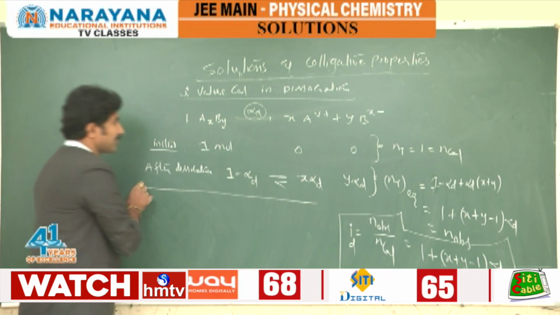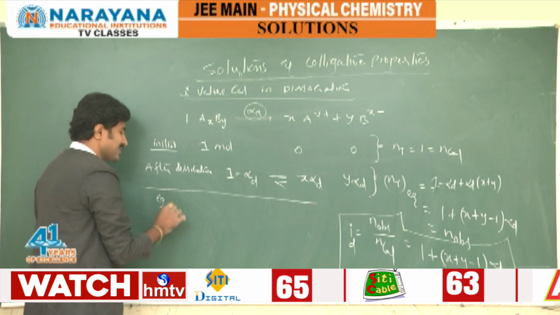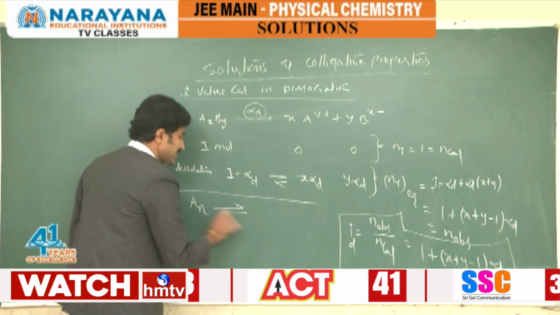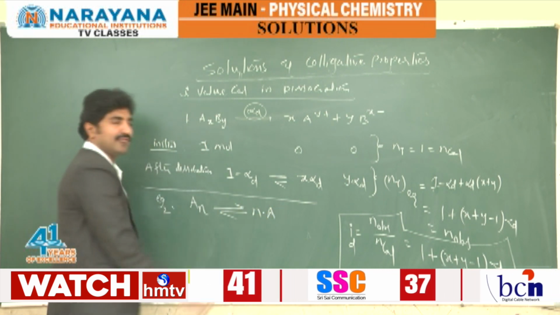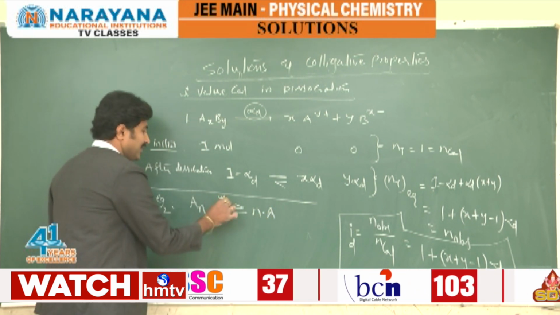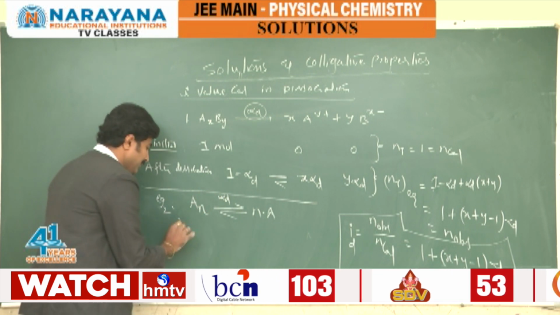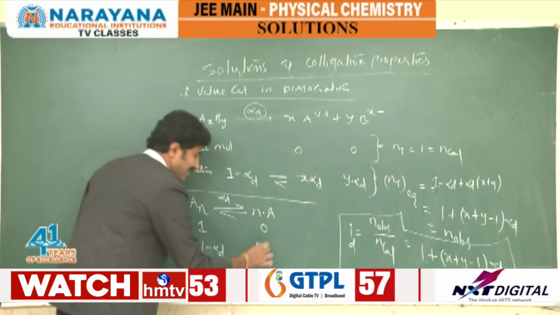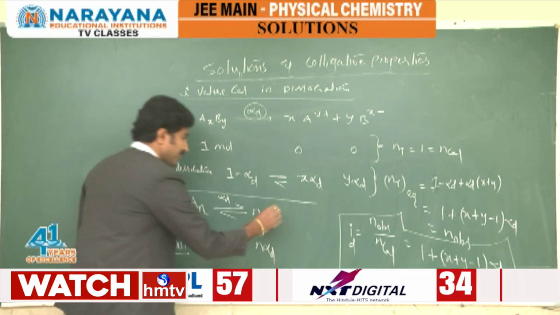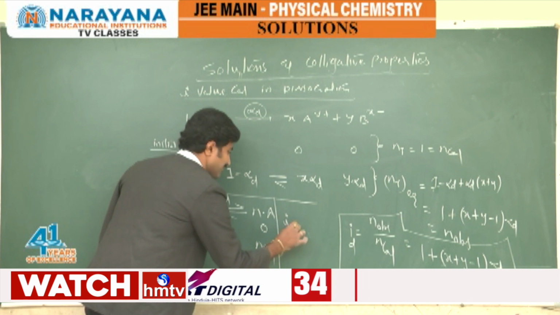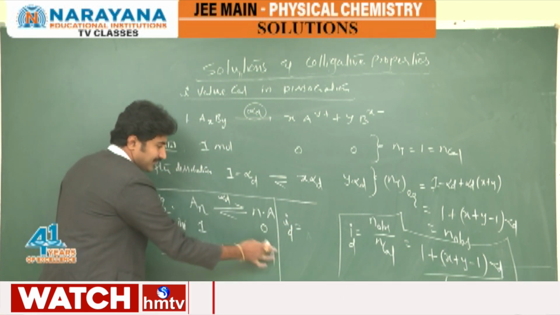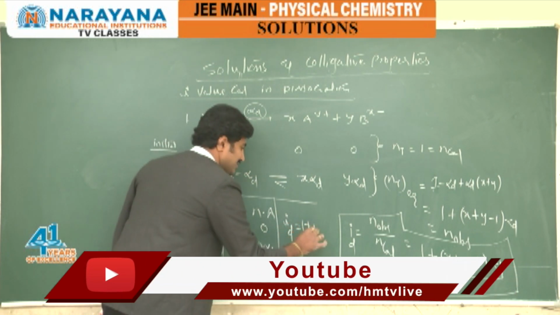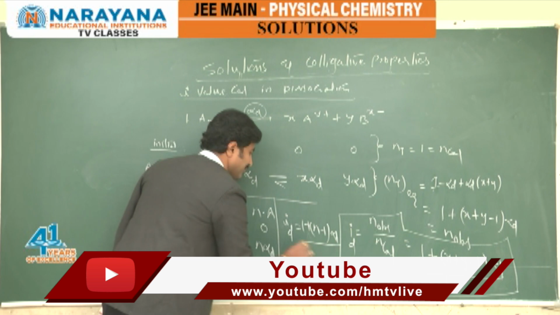Or in another format, suppose you take the second example. I took A_n as the reactant; after dissociation it forms n number of A products. If alpha d is the degree of dissociation, initially I have taken 1, and the product is 0. With alpha d as the dissociation, n alpha d will be obtained. So from this also we will get the i dissociation value. What about the moles at equilibrium by the initially added moles? Therefore this is 1 plus (n minus 1) into alpha d, by 1.